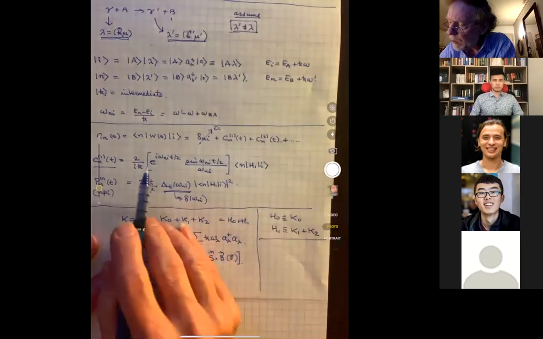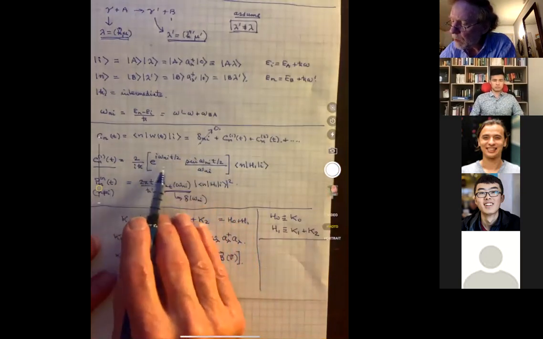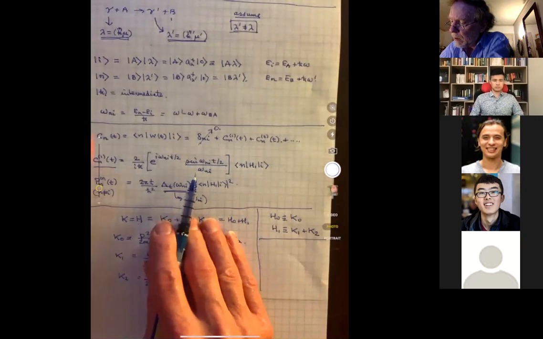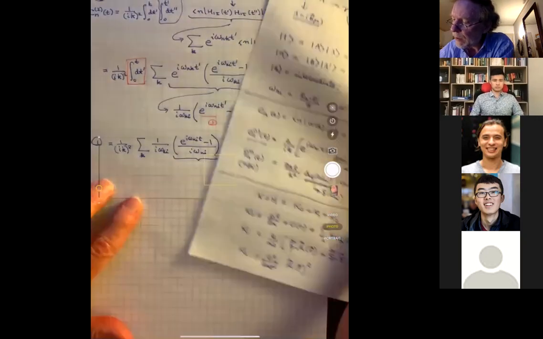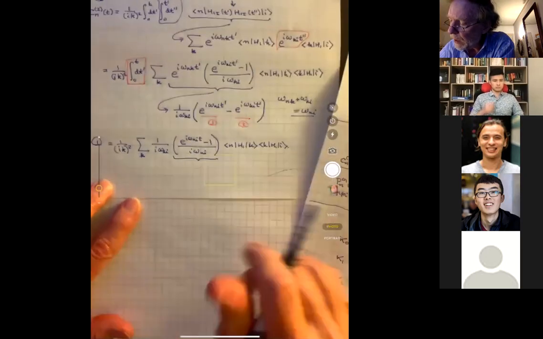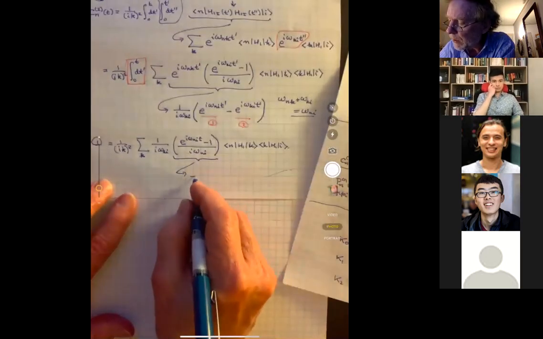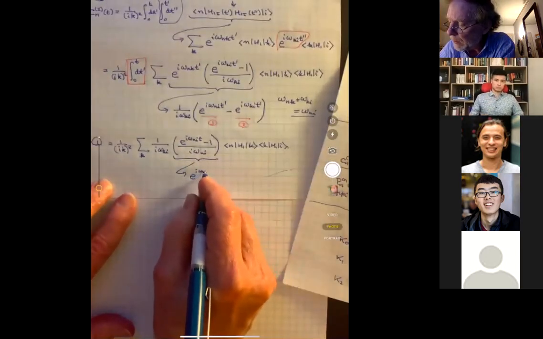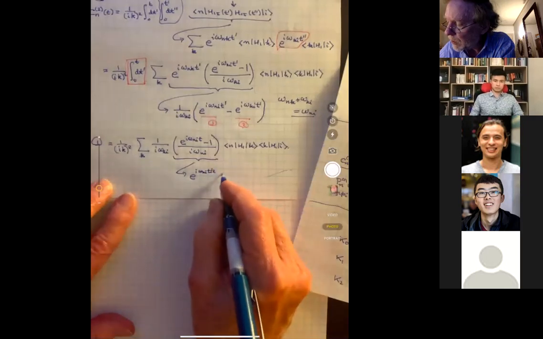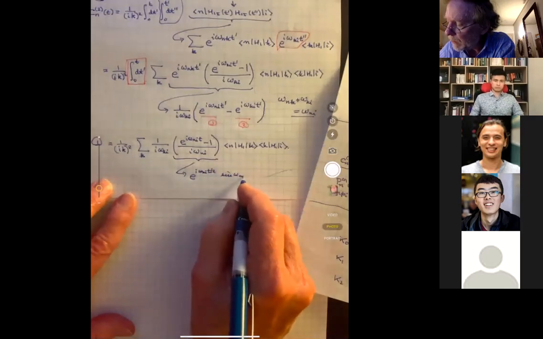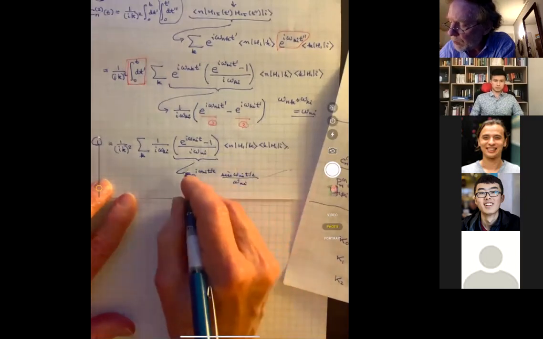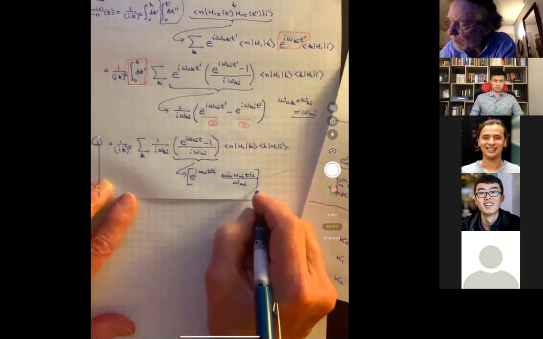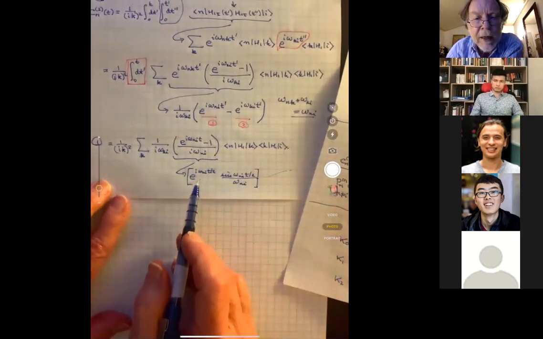Here I wrote it out in the square brackets in a more complicated form. But what's in the square brackets here is actually the same thing as in the round brackets here. If you factor this out, this becomes e to the i omega_ni t over 2 times sine of omega_ni t over 2, divided by omega_ni. This is a somewhat complicated time-dependent factor, but I'll remind you the important role that it plays in the theory,